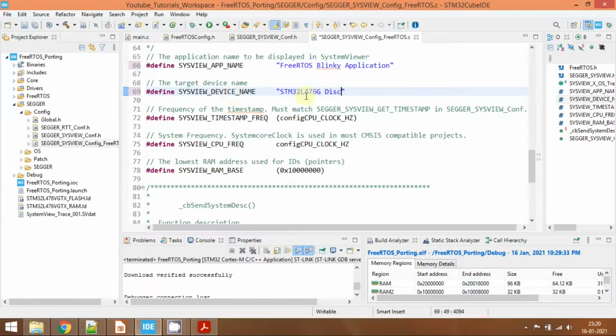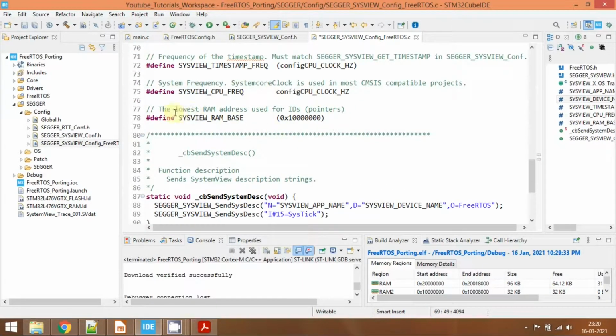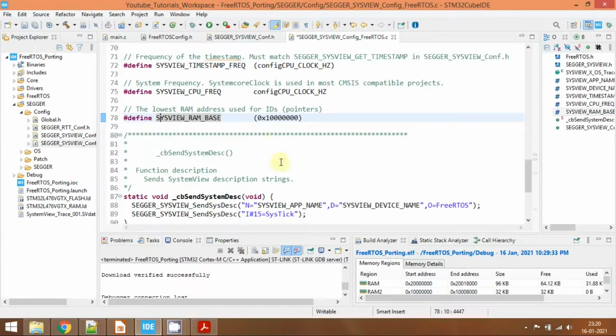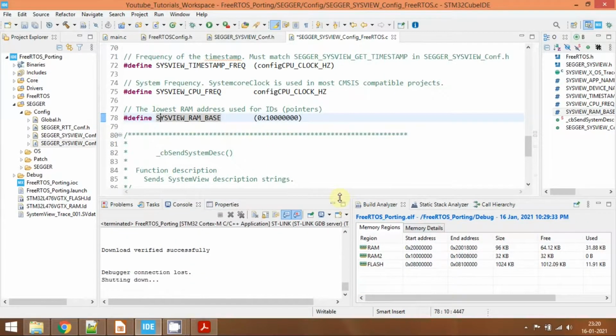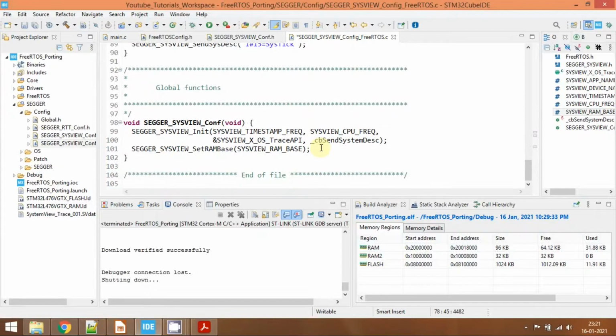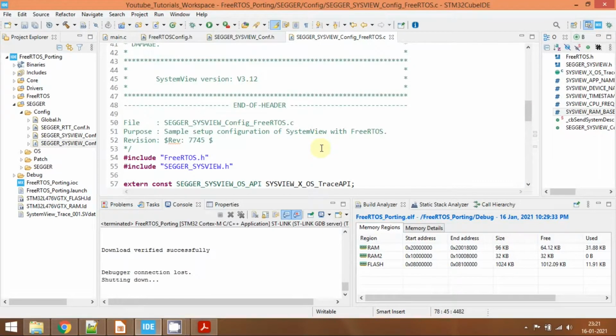I have provided the name, and we need to give the RAM base. This is the lowest RAM address for the IDs. So we need to configure this parameter also. This is the starting address of the RAM. You can find the RAM address of your particular board. The start address of the RAM is 20000000. So I'll change from 1 to 2, and that's all. Save this file.